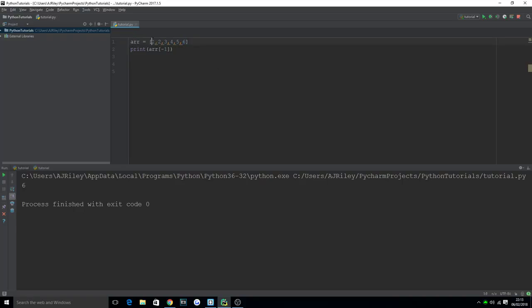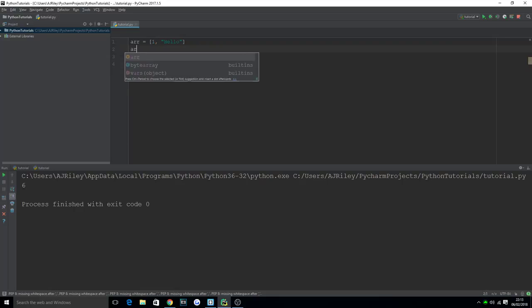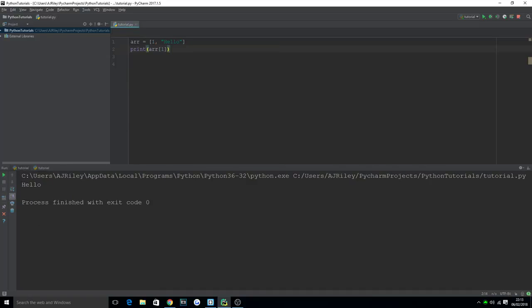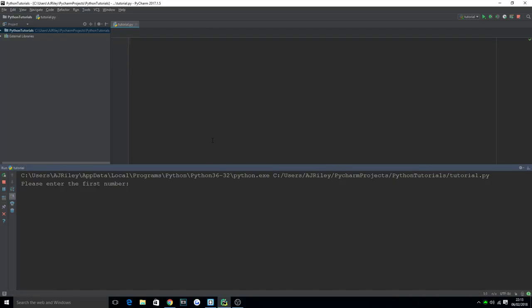1 is first. You can have strings like I had before. So if I go back really quick, to print out hello, I would do print arr and we'll print 1. So if we run this, it's going to print out hello. So that's for loops, arrays basically done. This is just the very basics of it, but it's to give you a quick overview of what to expect